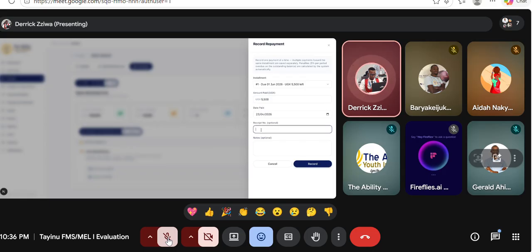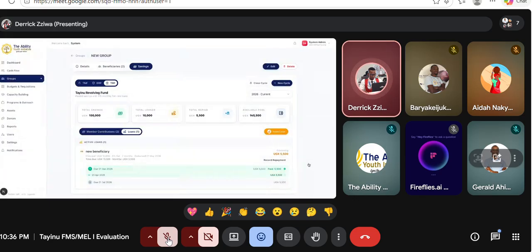If you have a receipt number for their payment, you can record it. If not, it's still okay. You can add some notes if available, and then record the payment. So the system will show you that the first installment is already paid. It becomes green. And then this other one remains gray, it's not paid, and you can see the outstanding